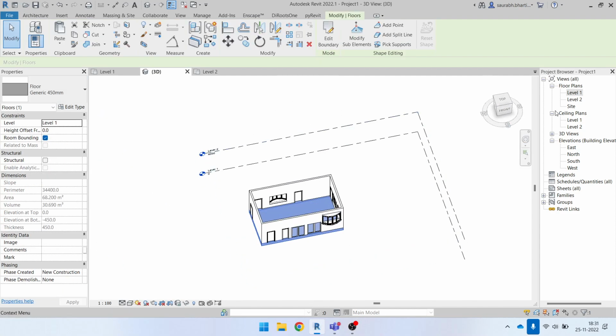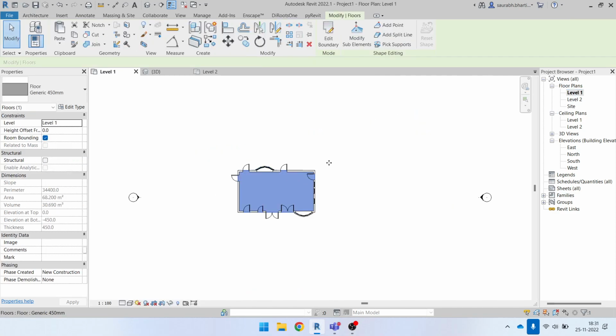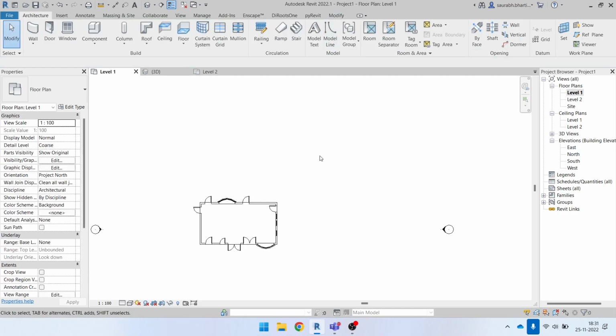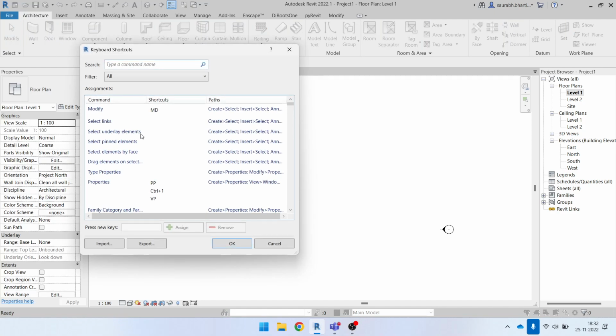Then in floor option we have modify sub element, add point, split point. So yeah, we can even see that right now. So let me just draw one more floor for you. So FL is a shortcut that I use, and the shortcut is created from, if I click on KS on my keyboard, and this is